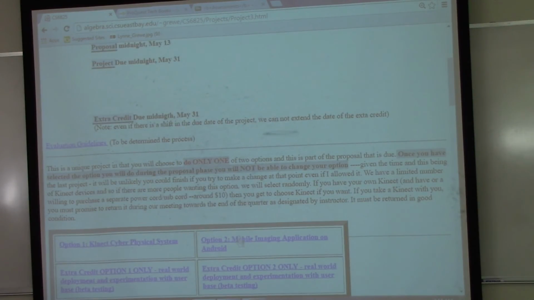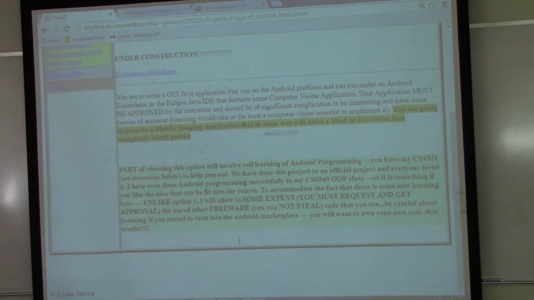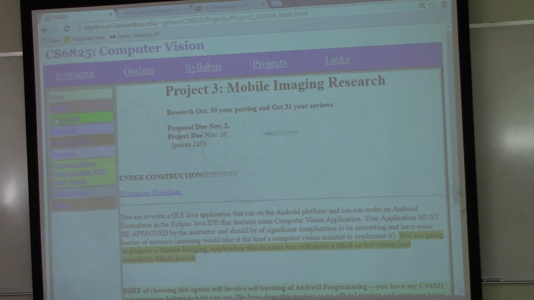Okay, now, I have asked you to be a little more specific here than just anything you want to do. So let's look at mobile. By far, look, it's got a whole website just for the mobile option, right? I want to guide you. I want to make sure that you can do this, okay? So yes, there's a lot of information. I tend to do that in my classes, but it's really to help you, okay?